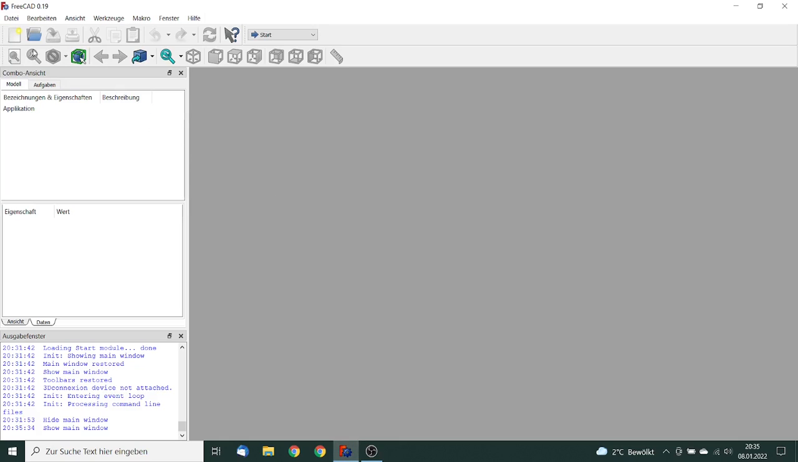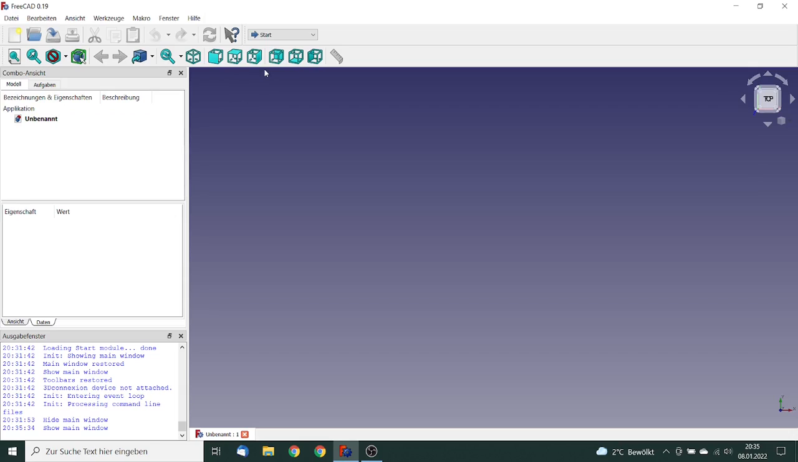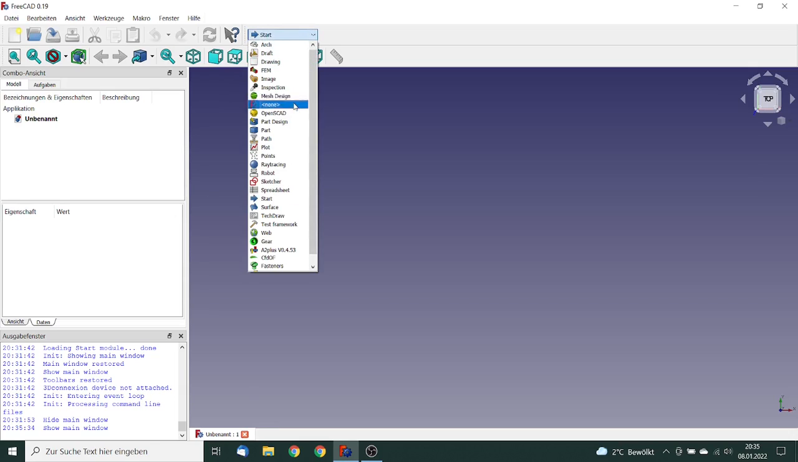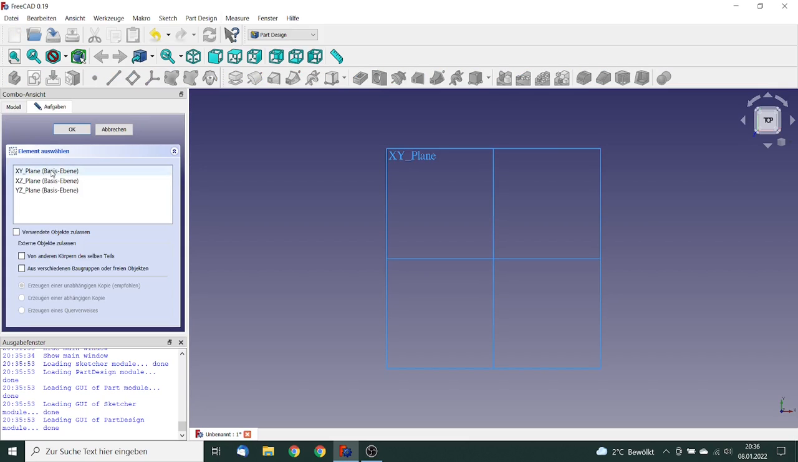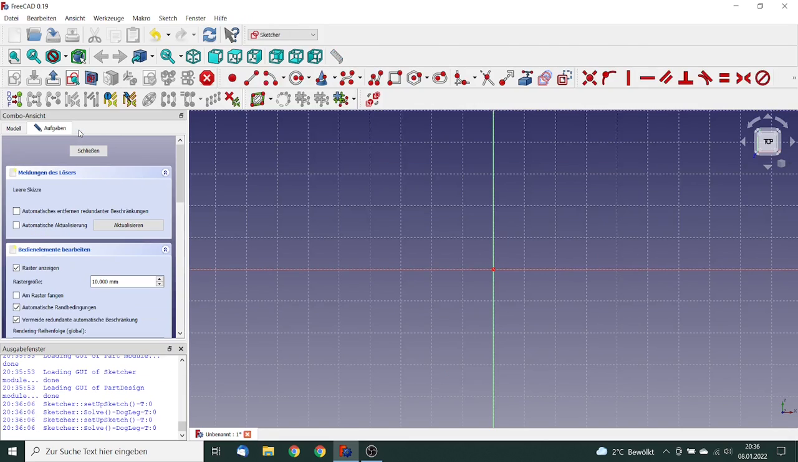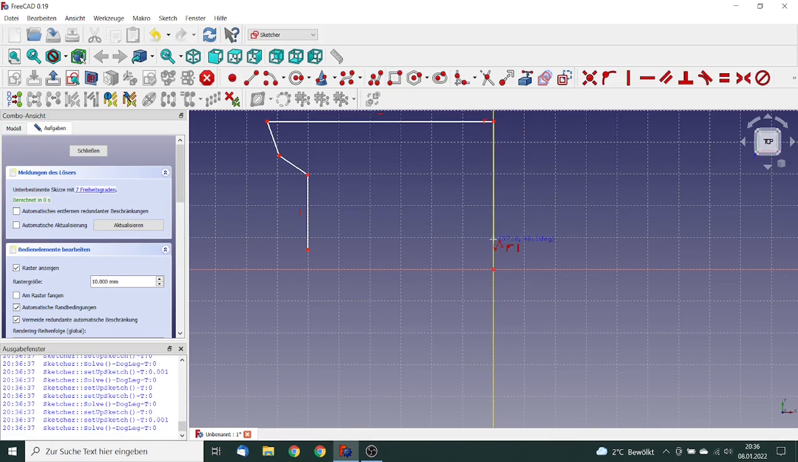We start with FreeCAD. We insert a new file, and we're going to the Part Design workbench. We make a new body, make a sketch. We will sketch in the XY plane and click OK. We build up a polyline. We go straight up, then go a bit to the left, then we go right, we go down,